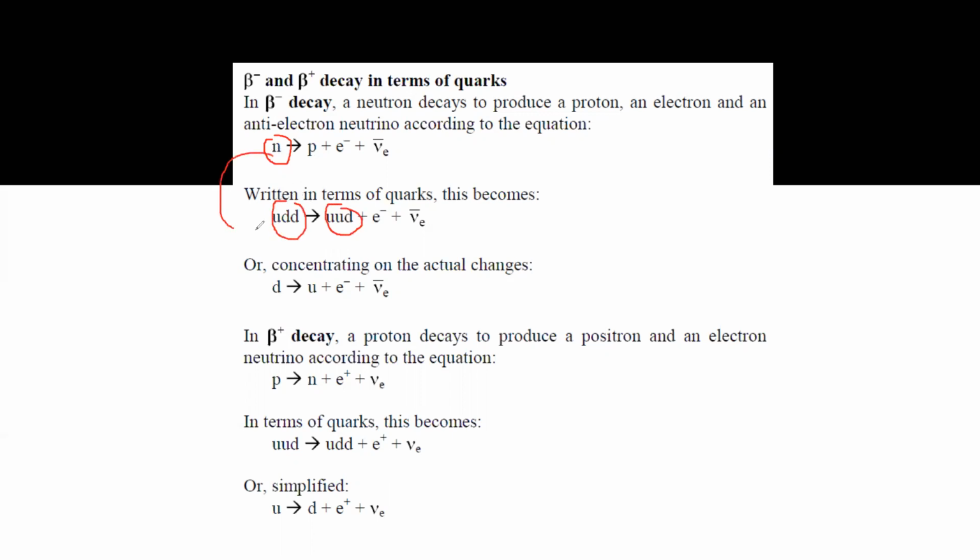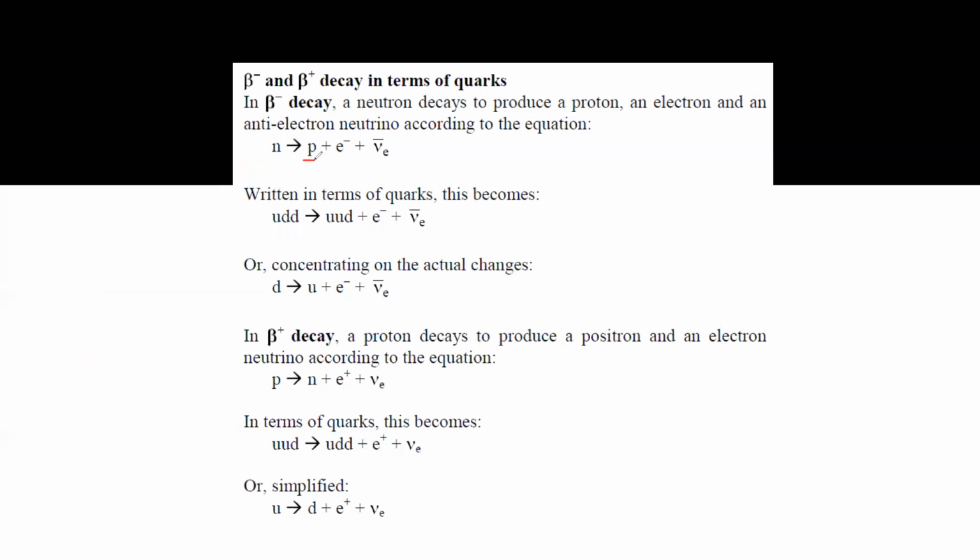For a neutron, it's up, down, down. For a proton, it is up, up, and down. That's why a neutron is a neutral particle. Why is it a neutral baryon? Because it is up, down, down. Up is +2/3, down is -1/3, and -1/3. So when you solve, it all cancels out, and you're left with 0. So a neutron is a neutral particle.